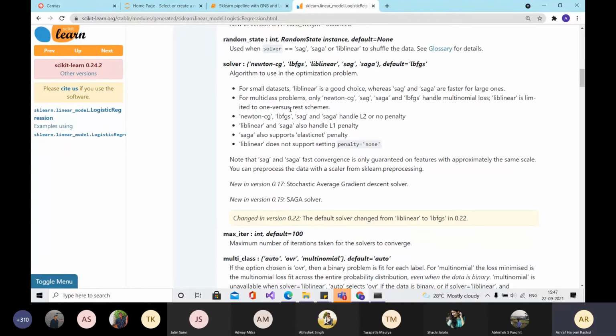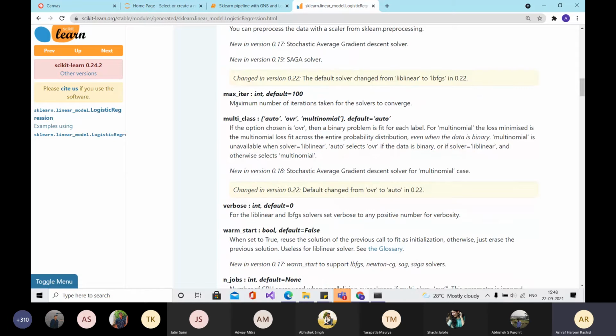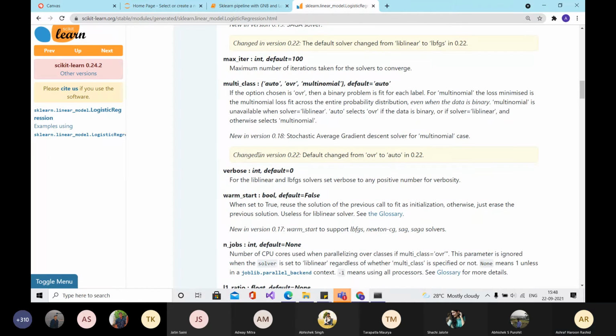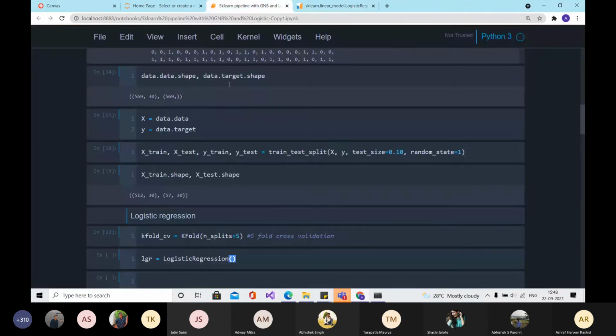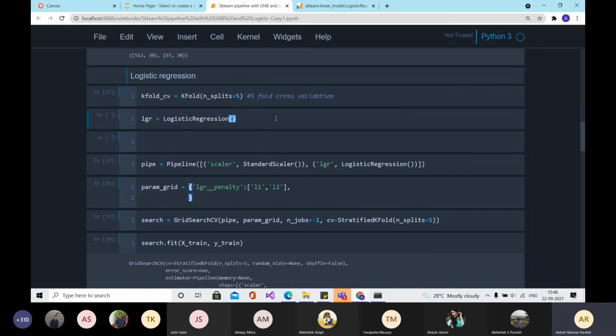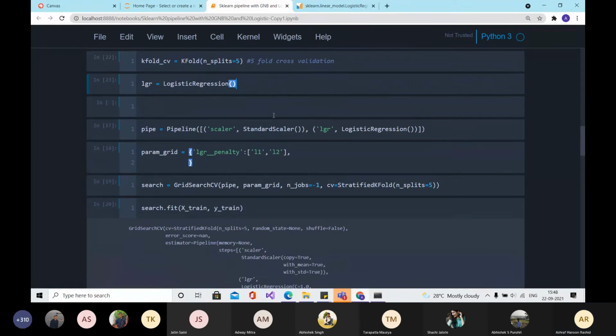Mostly this won't be changed much, so you just keep it as default. Then there is the maximum number of iterations you want to run the algorithm for, and some parallel processing parameters that you can pass. Currently we'll just give the default setting for everything.